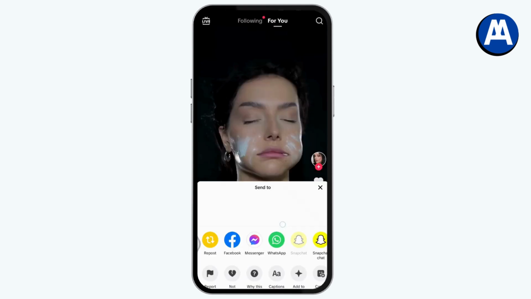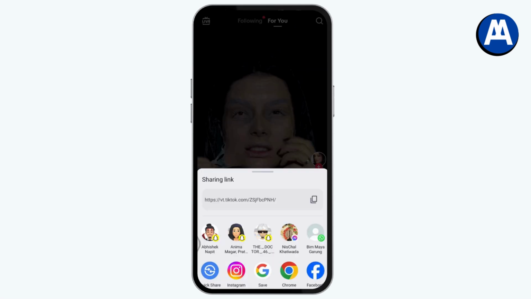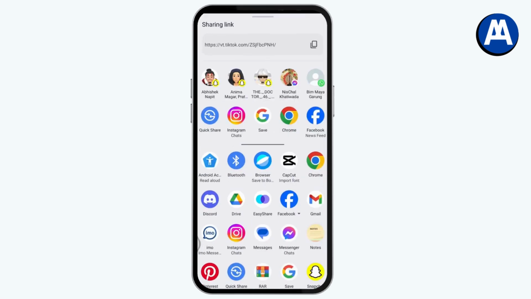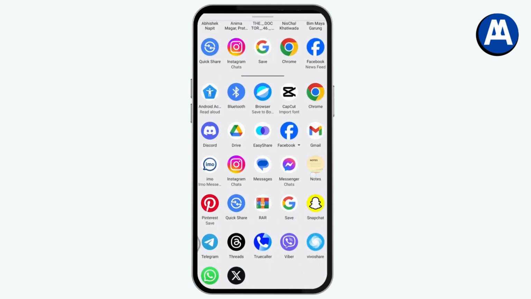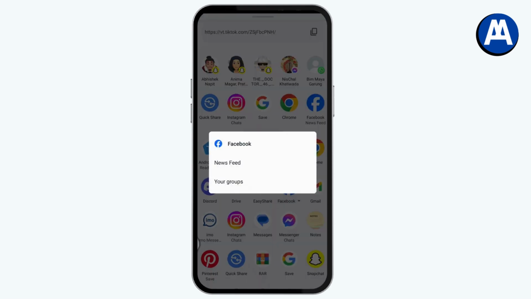the share again and swipe right and go with more. And after that, you'll get this kind of interface. Just enlarge that. And once you enlarge it, you'll have the Facebook, and under that you will have drop down. You can simply go with the drop down and you will have your newsfeed or your groups. So you can see that you don't have an option to share that on your Facebook story, but you can simply go with your newsfeed and then you can add that to your